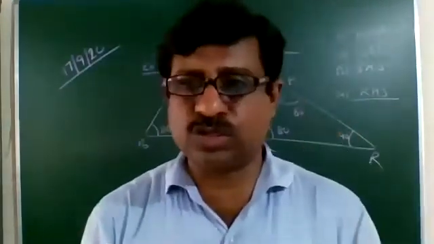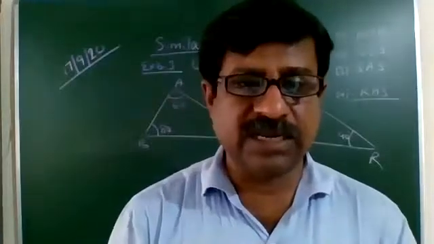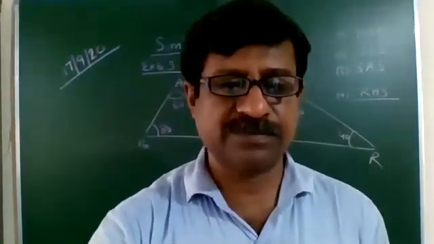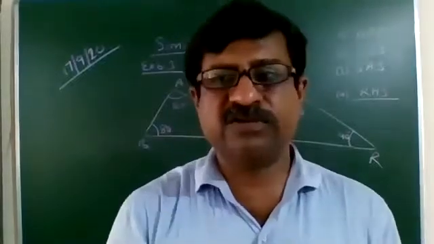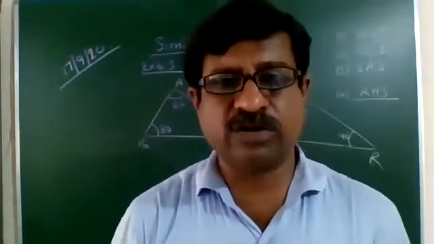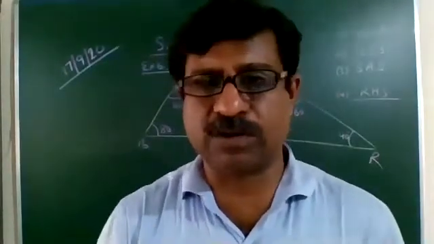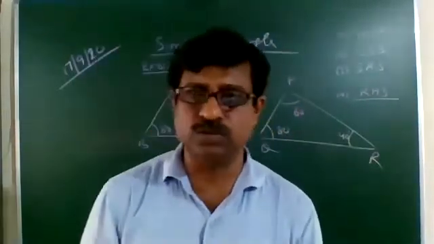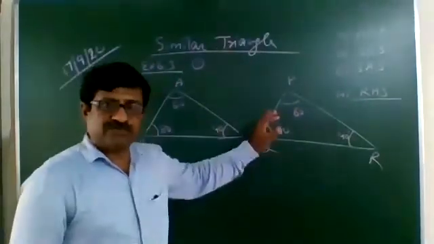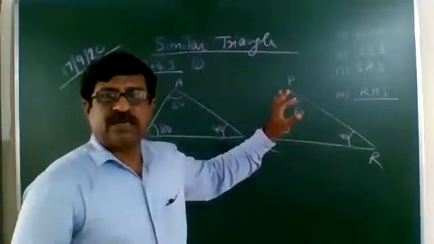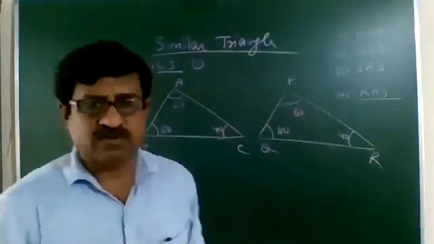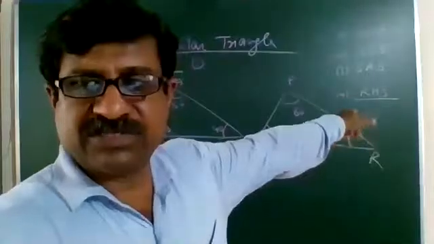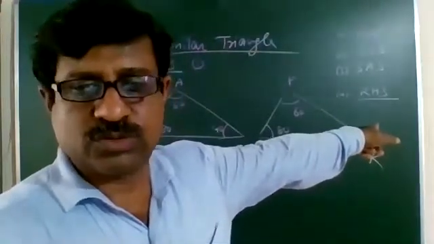Our aim is to show the triangles are similar, and if they are similar, why they are similar, by which property. We also name the similar triangle. We cannot directly say ABC is similar to PQR or PRQ or QRP or some other triangle. We have to do it with reason. We have to see the figure, name the angles which are equal, and use whichever property is possible to show it.